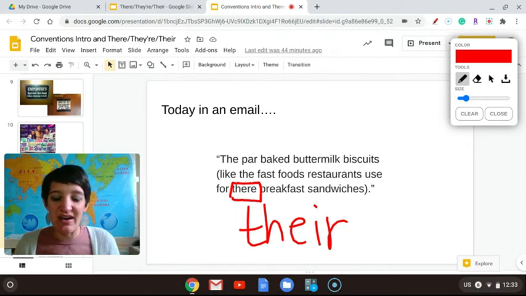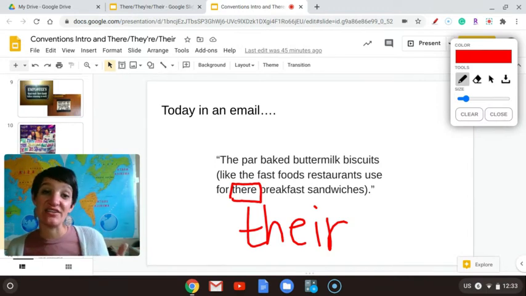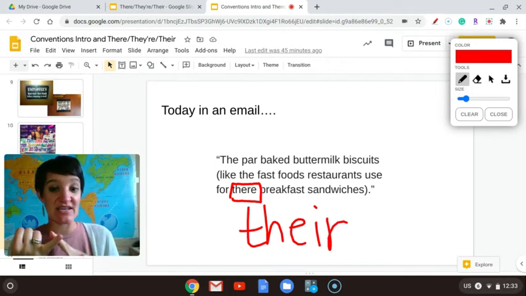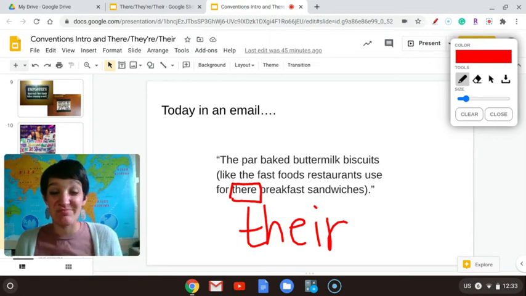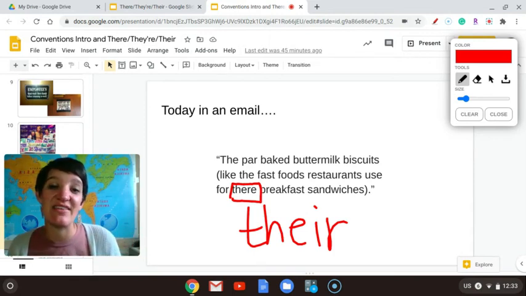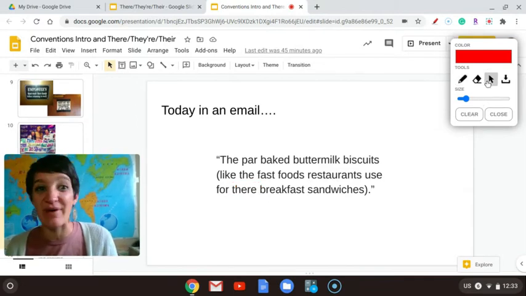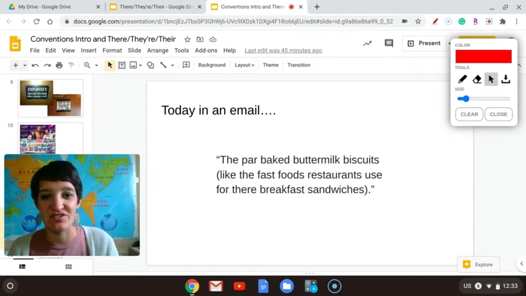Okay, so there is a reason why these homophones are important to use correctly. They make you look a lot more educated than if you use them incorrectly. If you use them incorrectly, people might misjudge you and think that you are careless or that you're not very smart, and they may be wrong. But you gave them that thought that, hey, you don't know what you're talking about. You must not be very smart. I don't want to be your friend. I don't want to hire you. I don't want to buy anything from you. So that's why I feel like it's important that you know about these conventions.